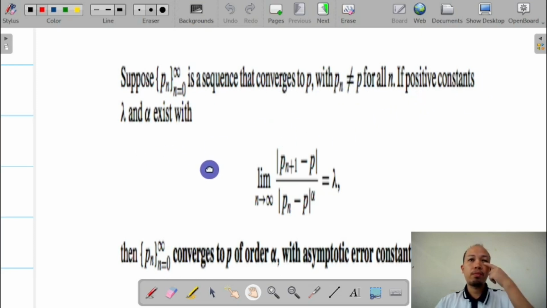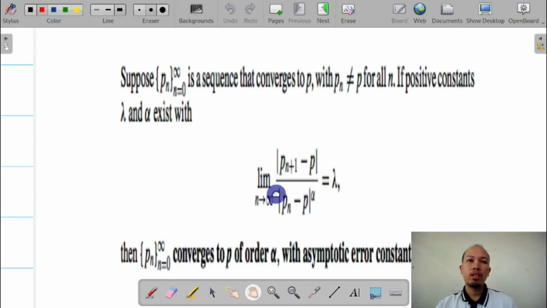Then if positive constant lambda, or lambda here is c, and of course alpha is the same as alpha in definition 24. So this definition 24 can be